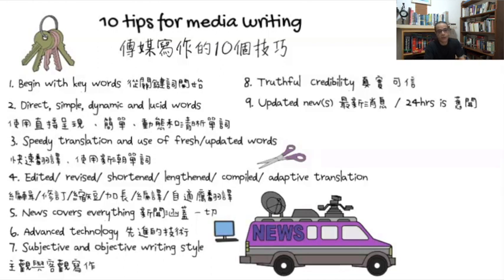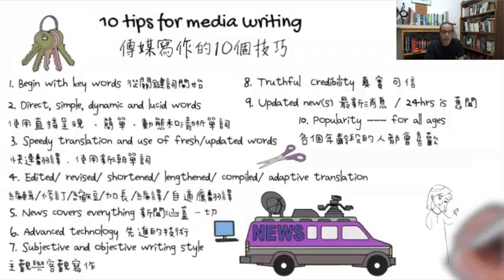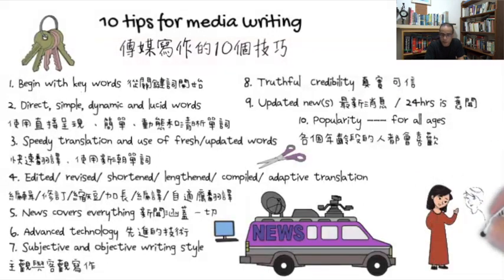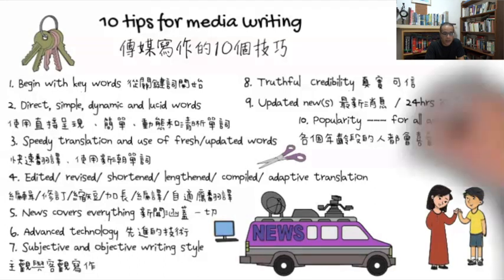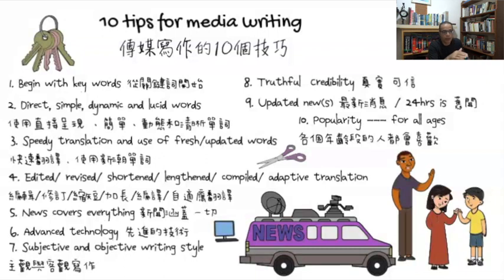So try to select news that is popular for all ages, popular for all people. Even though you may be working for a certain newspaper or a certain magazine that addresses a certain type of people, for example young people or people of a certain education level, this is another case, but in general try to select the news that you think will be popular for all ages and all kinds of people coming from all